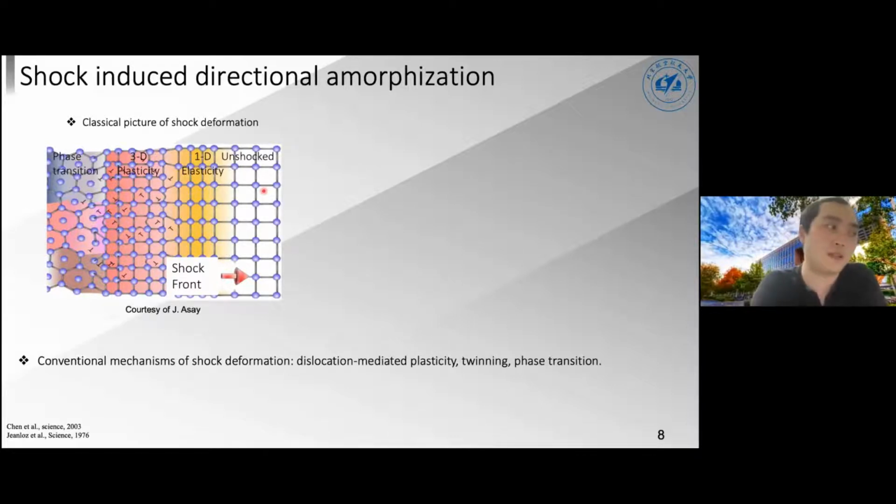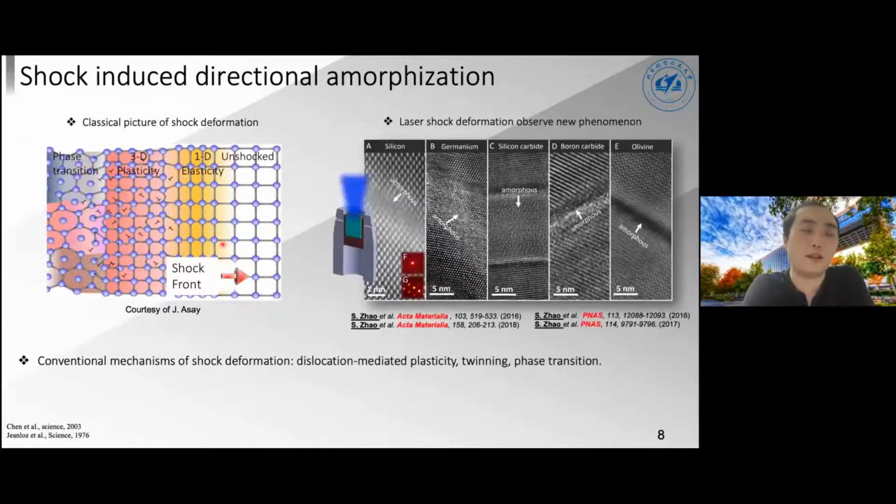All these mechanisms are a classical picture of plasticity, summarized in this diagram. But when the time scale involved in the deformation is significantly reduced, you force the material to undergo some new interesting phenomenon. And in the laser shock of these 5 particular materials, we observe something called shock-induced amorphization of